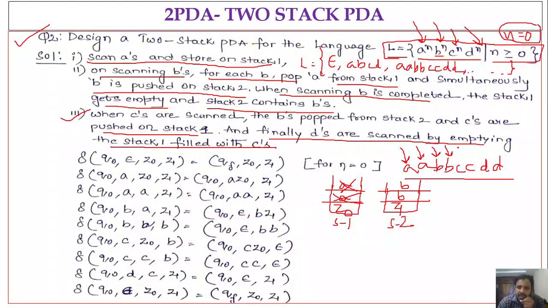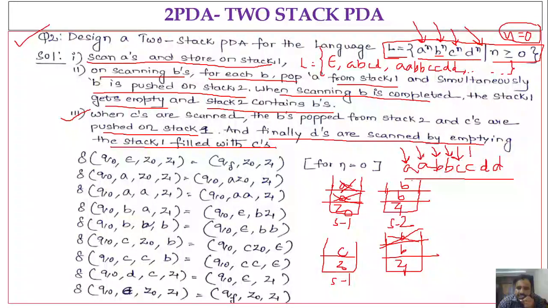Okay, done. Next. So when we get c, what we have to do here is that the moment we get c, we have to pop stack 2. So stack 1, let me say here again, I am having Z0 only in stack 1, and having Z1 followed by b onto the stack 2. So this is the status when we get the c. Okay. So when we get c, we have to pop stack 2. So b will be popped and push this c onto the stack 1.